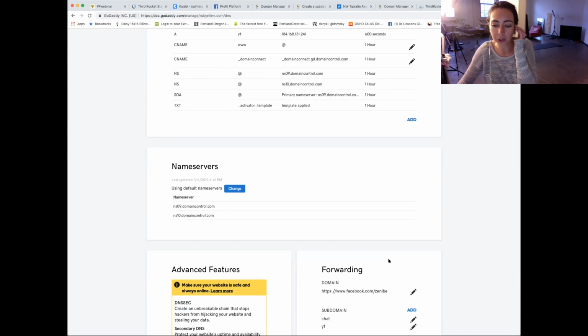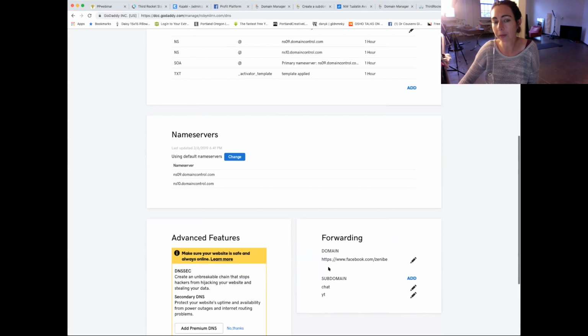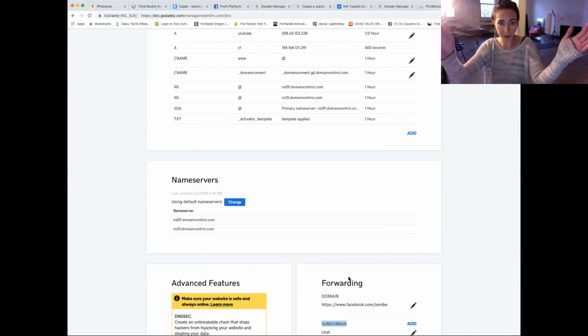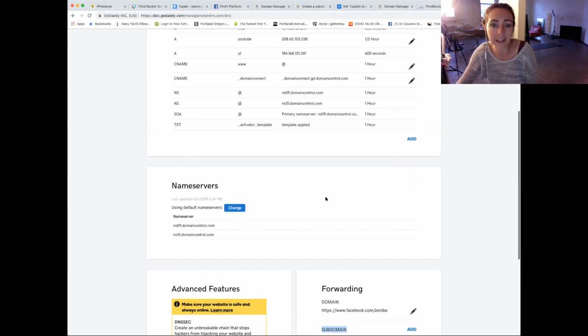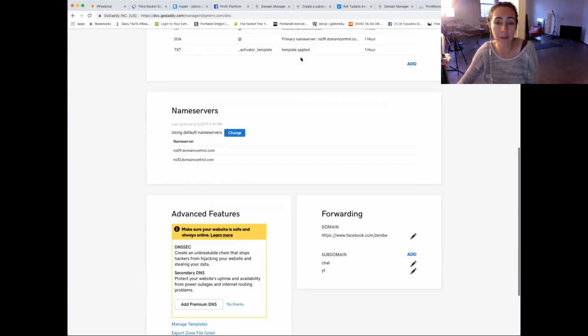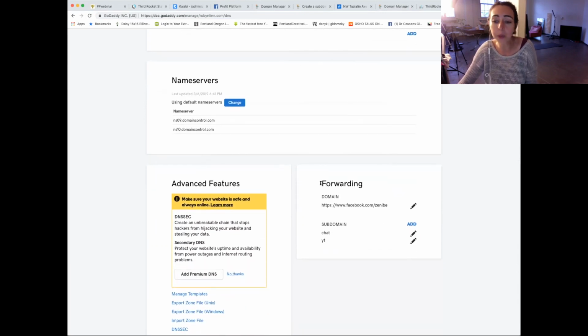The other thing we're going to do is go down to forwarding, and I've been playing around with this. When you go to subdomain here, we can actually forward, and this is the easiest. Rather than having it hosted, which again, if you have a blog, is really good to do. If you have an IP address and you want to host your blog separately so that it's blog.robinlynn.com and it looks that way and acts that way, that's great. And that's where you would set it as A as the type. The name would be blog, and the value would be your IP address that's hosting your blog. But when we do forwarding,